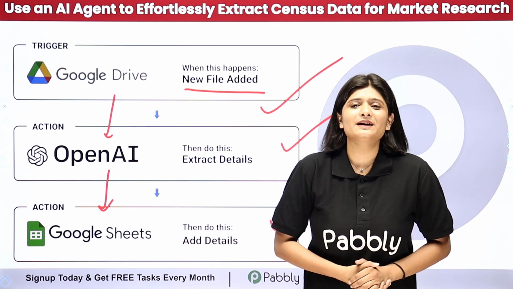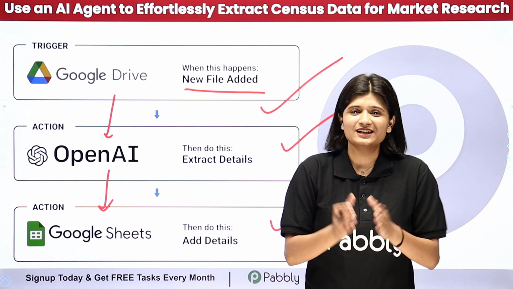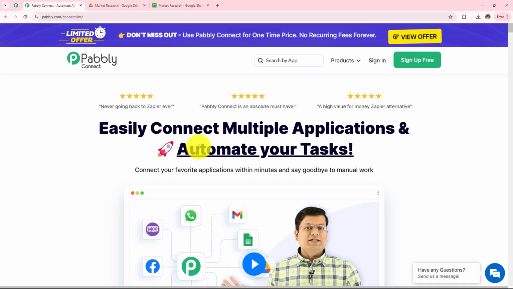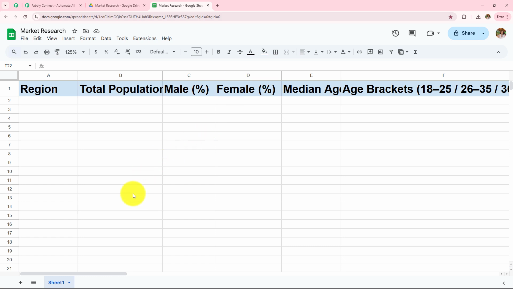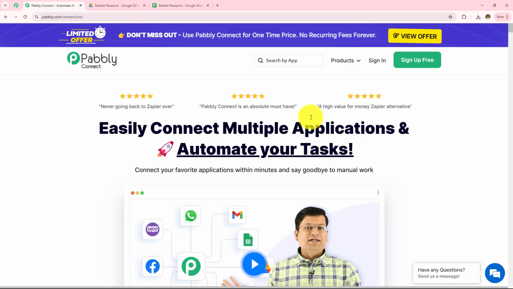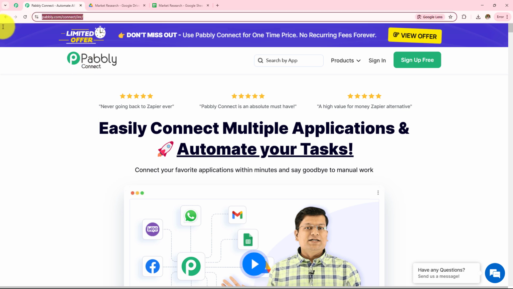Now, if you want to learn this amazing automation step by step, then let me take you all to my screen. In this video, we are going to learn how to use an AI agent to effortlessly extract census data for market research. For this, we are going to create automation between Google Drive, OpenAI, and Google Sheets with the help of Pabbly Connect. So this is the landing page of Pabbly, and you can visit this simply by typing